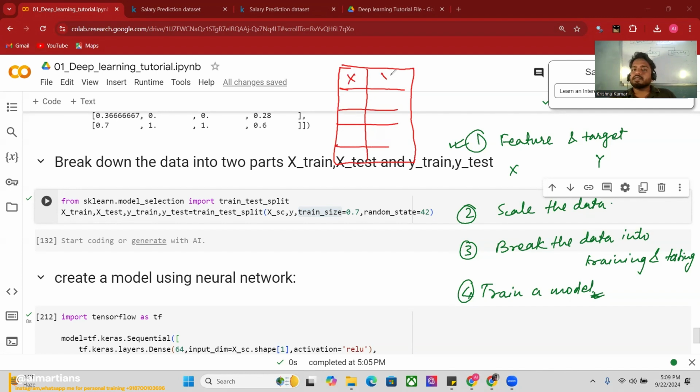This is my X. This is my Y. This is my feature 1, feature 2, feature 3, feature 4. This is my target 1, target 2, target 3, target 4. Now, I want to split the data into training